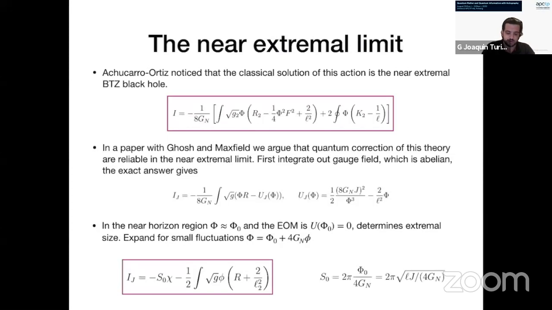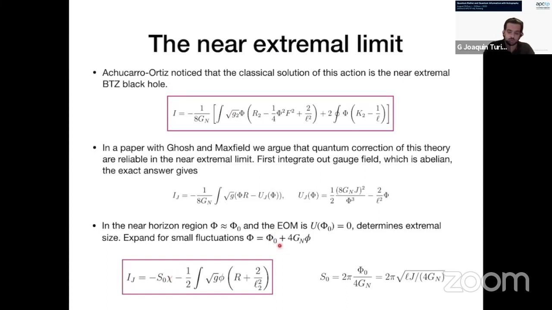Then when we are near the horizon, we need to take the dilaton and put the extremal value. From 2D, the extremal value comes from the equation of motion, which is that the potential is 0 when evaluated on a constant dilaton background. And then you look at small fluctuations. And this little phi is what I would call the JT dilaton. And this phi naught is what multiplies